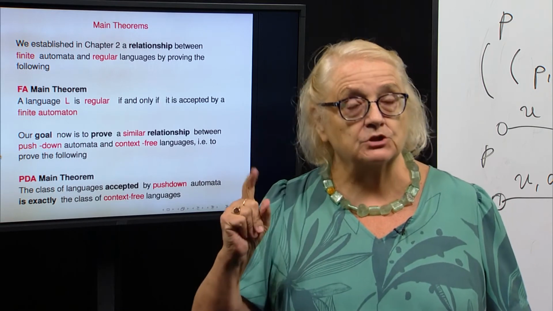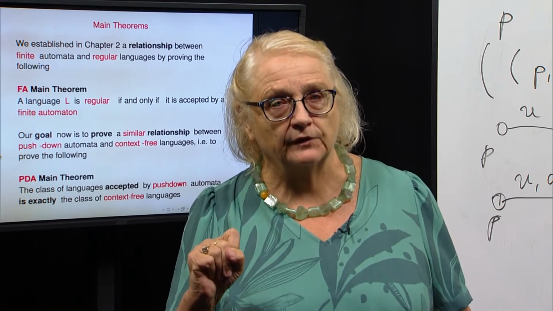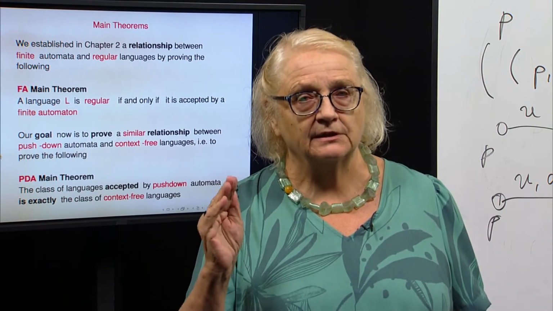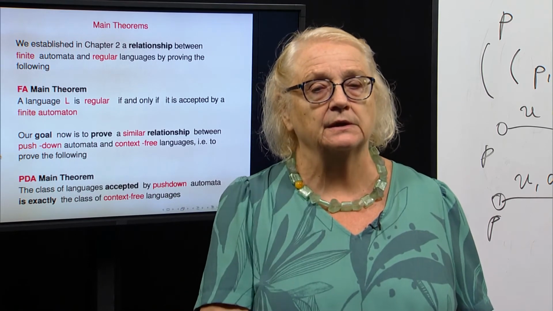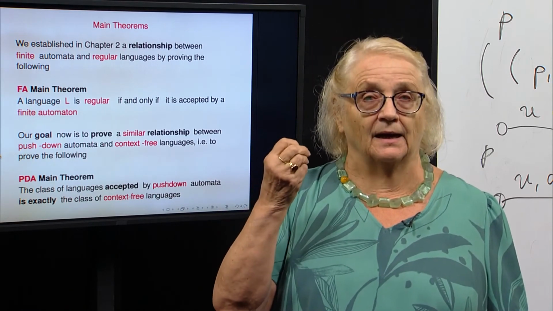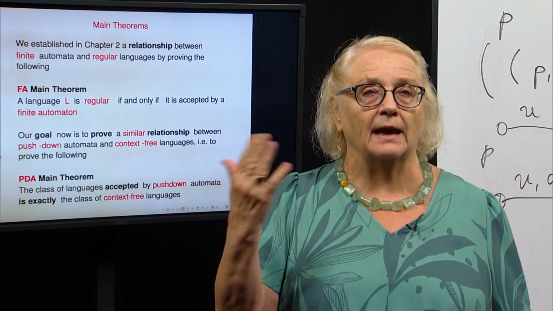Context-free languages, by definition, are languages which are generated by context-free grammar. Remember, the regular languages had a different definition: a regular language was a language defined by a regular expression. That's why we had that